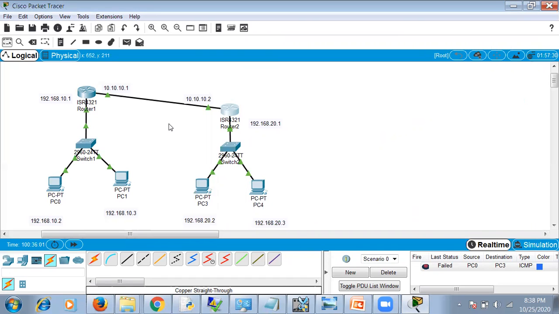Now this is the dynamic routing. It will itself calculate what the route is. Now we'll check whether a message can be sent. See, initially it failed because it doesn't know the routes. We have to send a message 1 or 2 times. Once messages start going, it will calculate the routes. So the first time it will always fail. Send it again, because it has to calculate the routes itself.